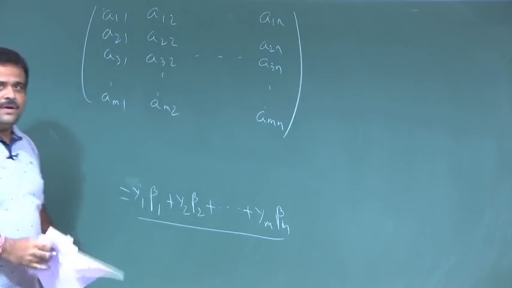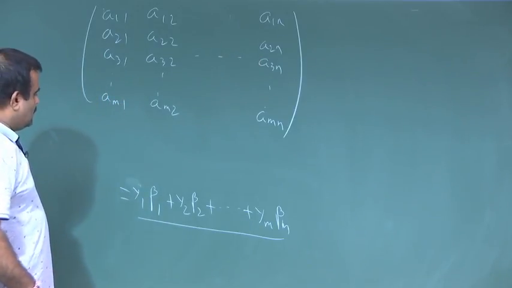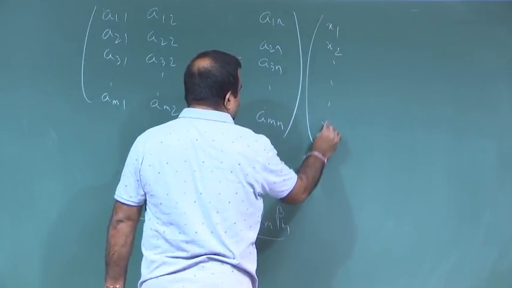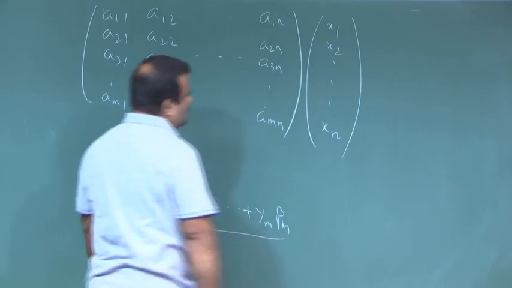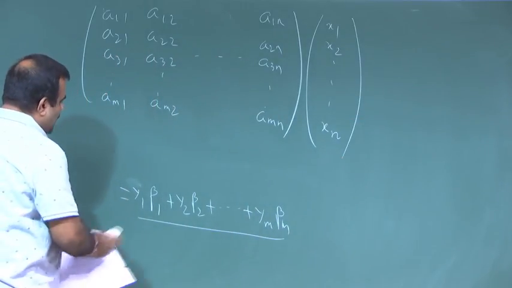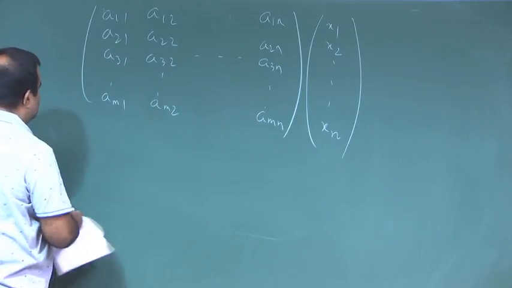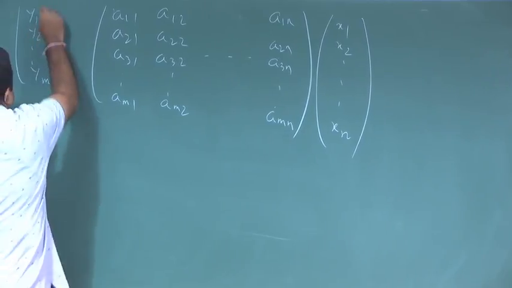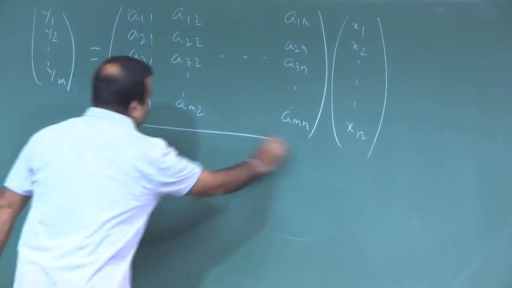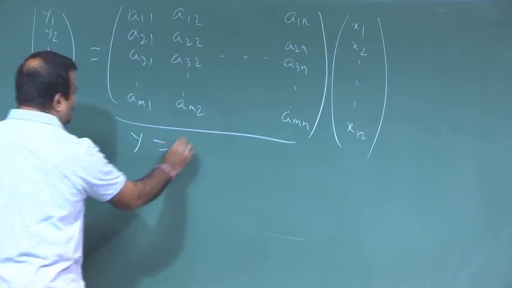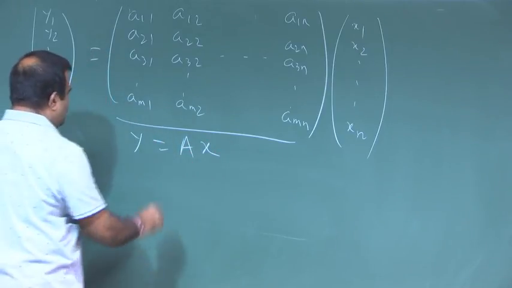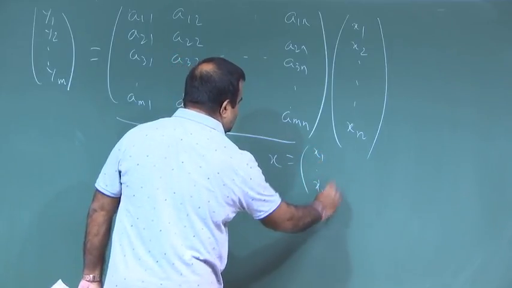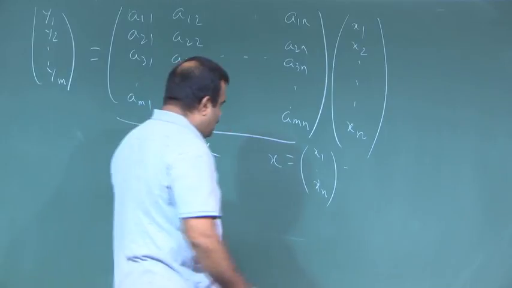T alpha n. Okay. Now, if we multiply this with x 1, x 2, x n, which is basically the coordinate of that alpha, that will give us this beta, this y. So, this is basically y 1, y 2, y m. So, this is the matrix A. So, y is nothing but A x, where x is the coordinate x 1, x 2, x n, the coordinate of alpha,